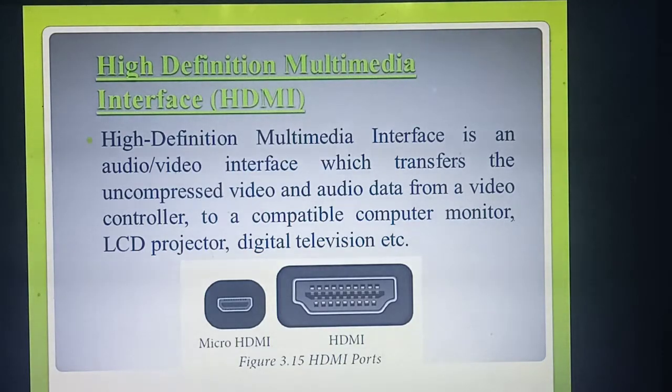Okay, so today what are the things you have studied? Secondary storage devices, flash drives, then Blu-ray disc, then ports and interfaces. Very important question: all the ports you should study, and also HDMI. After this, the chapter will get over. So please study this chapter fully. Already I said what the important questions are. All the questions you need to study thoroughly.